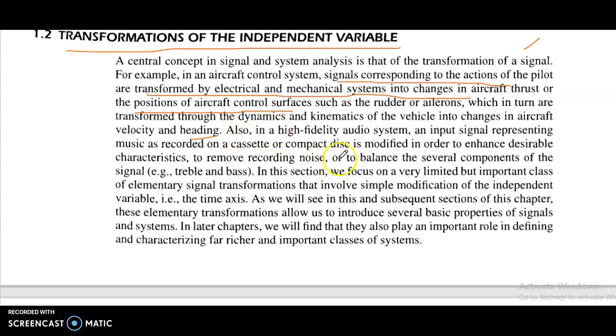Also, in high fidelity audio systems, an input signal representing music as recorded